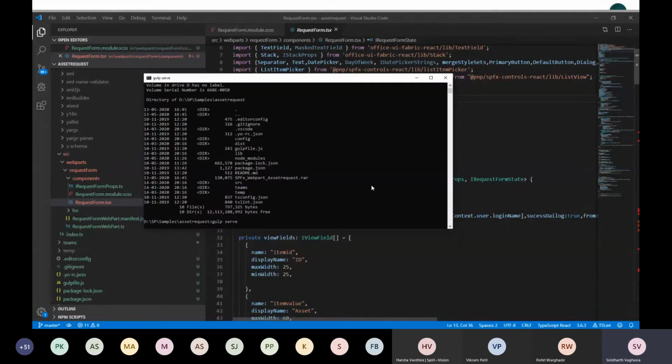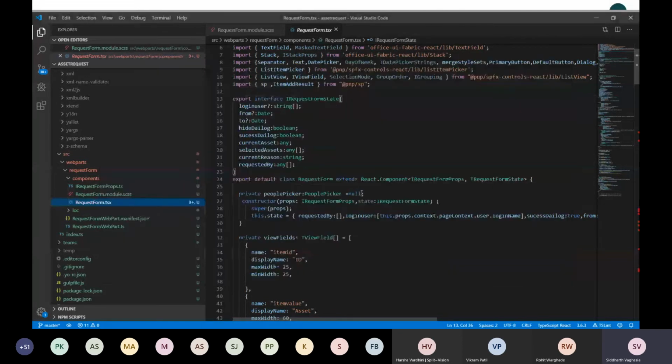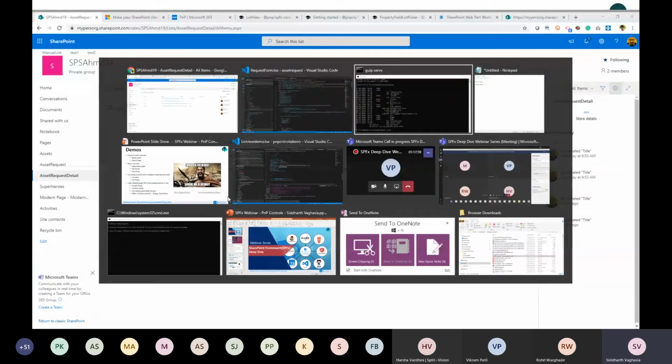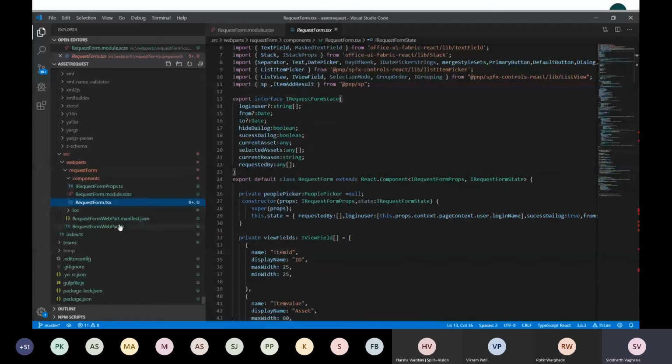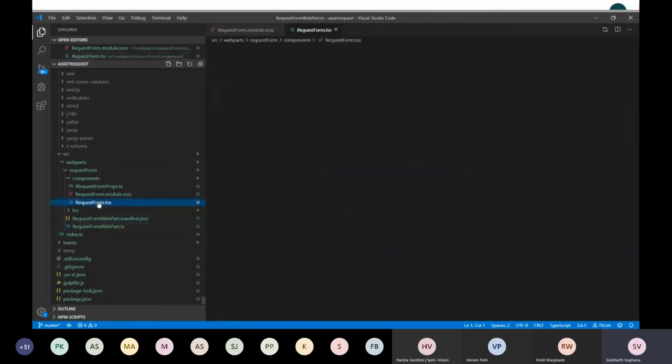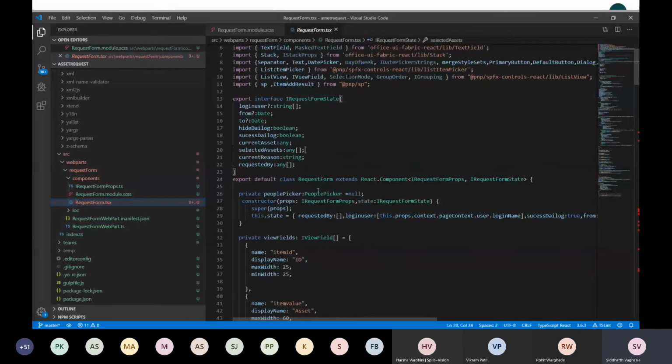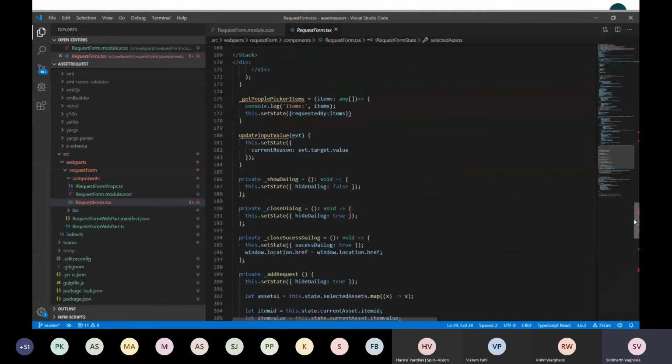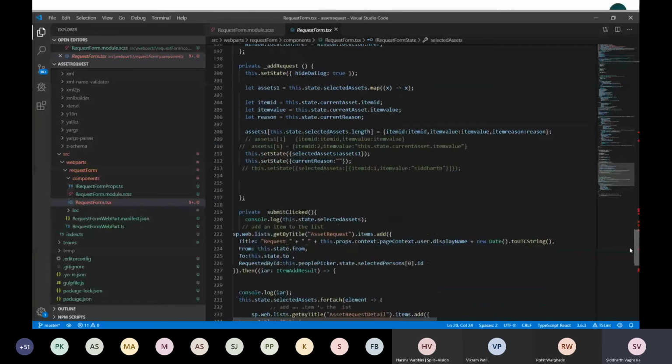Till it is running, I don't have any configurable thing here, so I didn't create any property pane controls. It is purely using React controls. Then let's go with the first, the PnP.js methods, which are basically storing data.